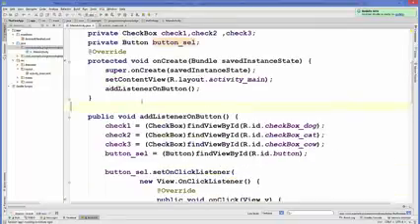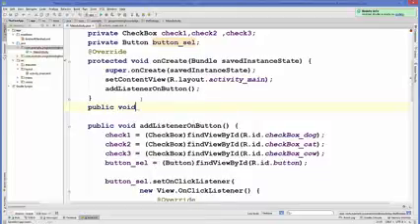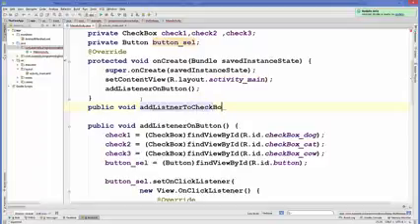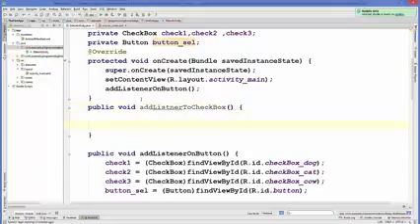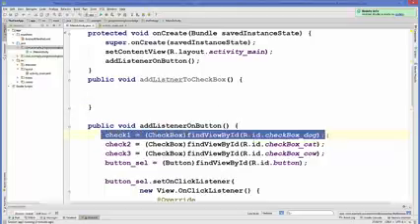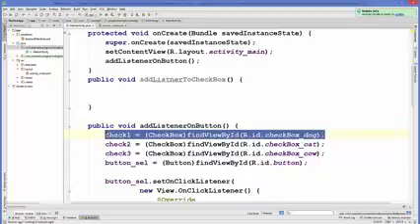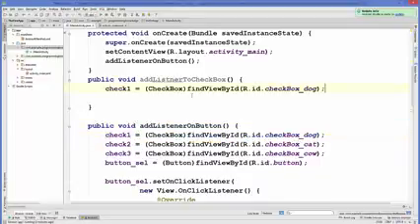So what we are going to do is we are going to declare one more method which will be public. Now once again we are going to cast our checkbox 1 variable because we want to take action on checkbox 1. So I will copy the code from here,